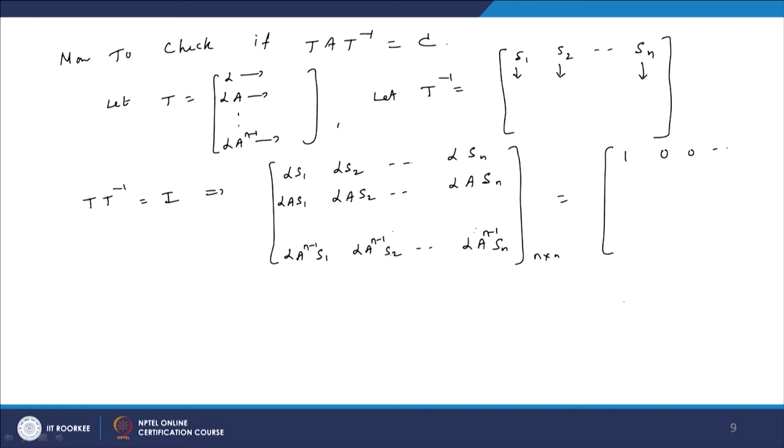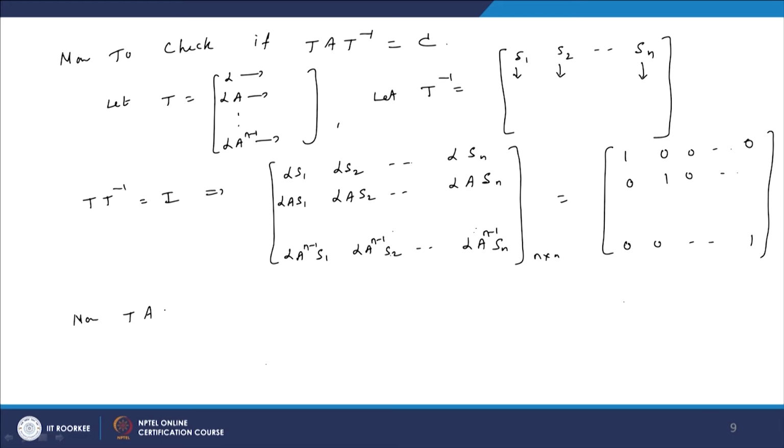1 0 0, 0 1 0. So, we can easily compare this, alpha into S1 has to be 1 and alpha into S2 has to be 0, etc. This comparison is there. Now,